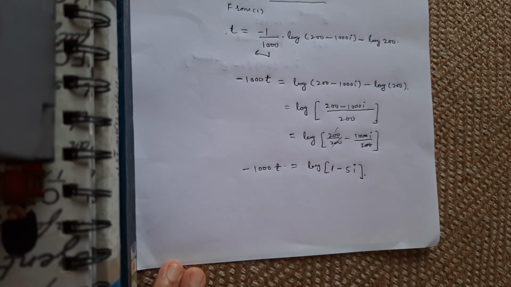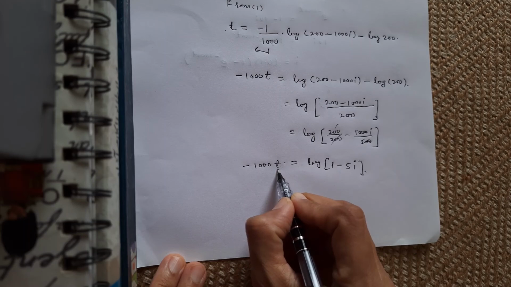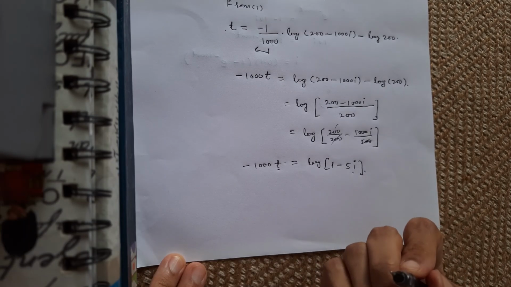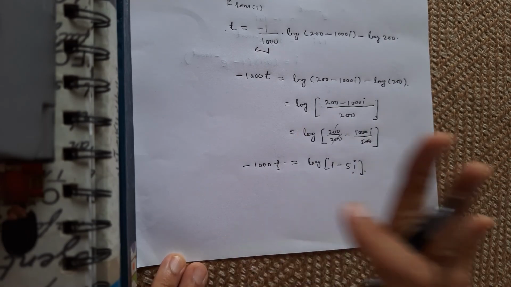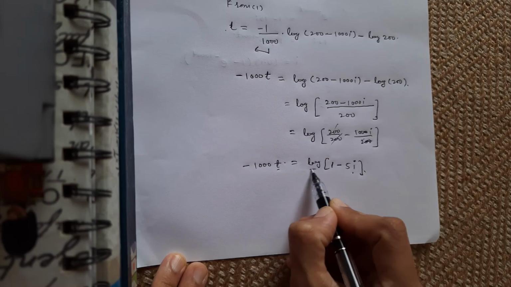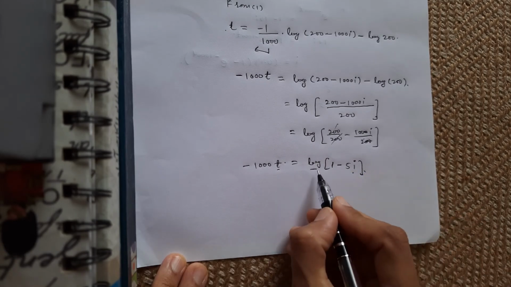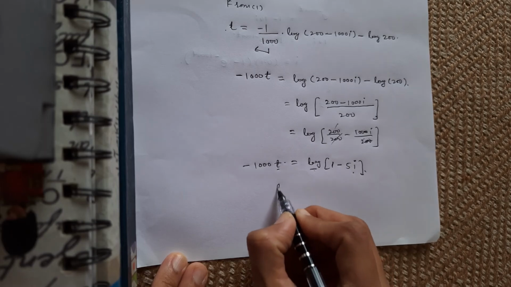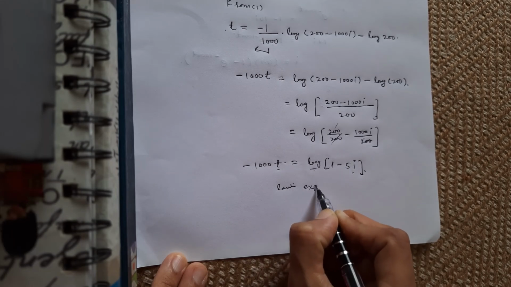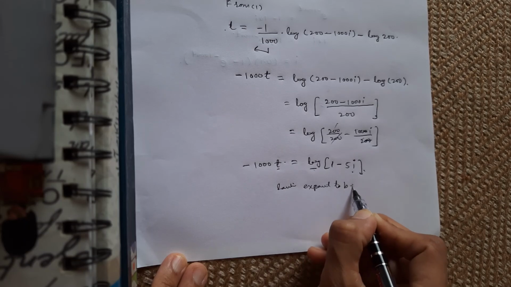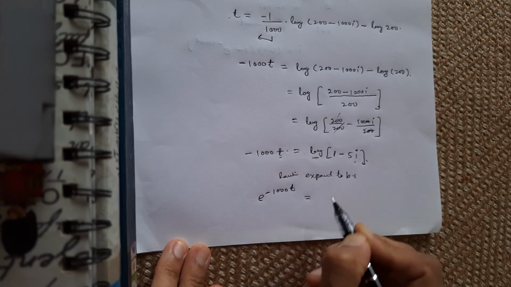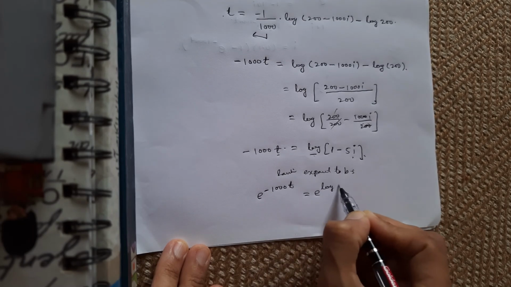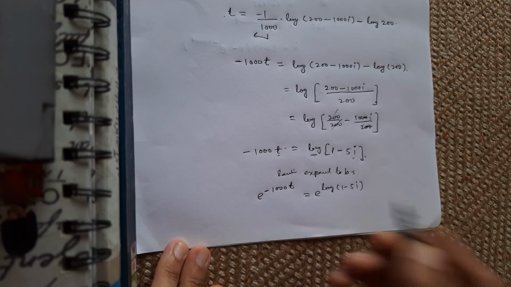Okay. Now we don't want the value of T, we want the value of I, because current is the thing that we want to find out in the example. So I just want I on one side and all the terms on the other side. To remove this log, I am taking exponential to both sides because exponential is opposite to the log. So taking exponential to both sides, I'll get e to the power minus 1000 t equals e to the power log of 1 minus 5i. Now e and log cancel each other. So I will get simply